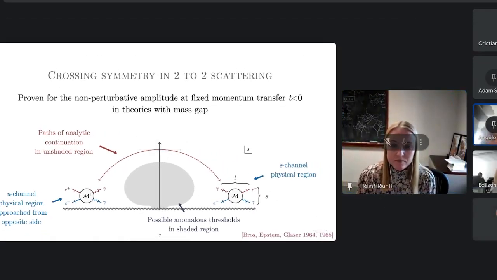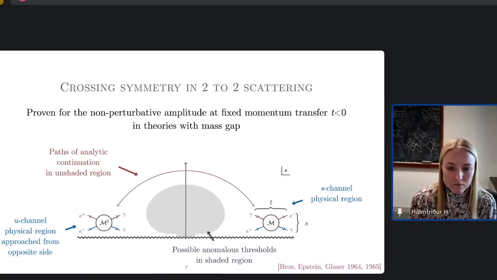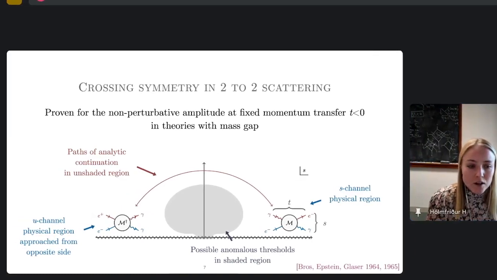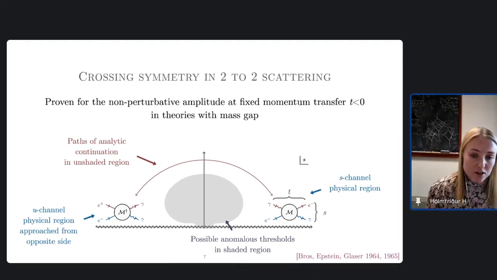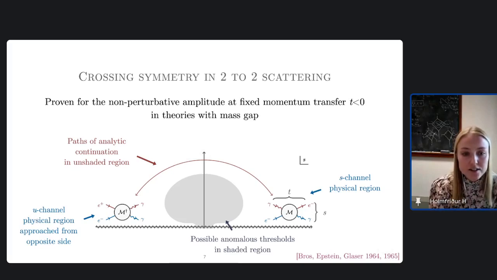Excuse me, the singularities in the gray region are coming from unitarity? So that's actually a good question. Actually, we don't know about any singularity in the gray region. The unitarity singularities would be on the real axis, where this branch cut is drawn. And it's still an open question whether there are actually some theories which exhibit singularities in the gray region. But there is a proof that there is a bound on the region in which there can be singularities. So that's currently the only thing we know: we don't have an example of a singularity in the gray region, and we know that there can't be any singularities outside of it.